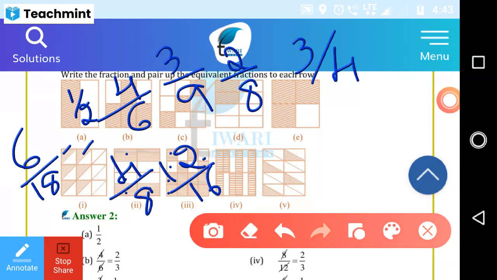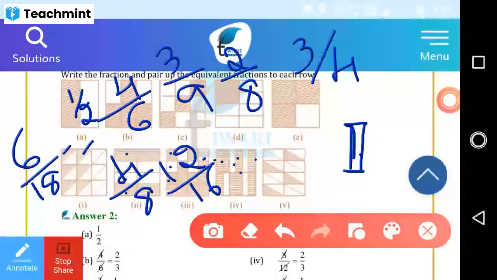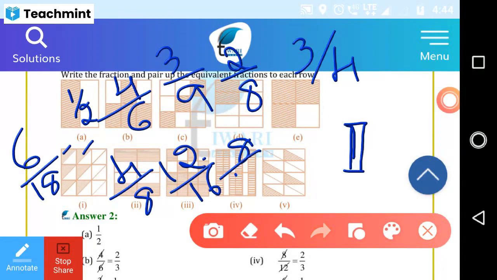Yes, ma'am. The colored parts inside there, the white one, ma'am. Should we count those, or this colored one also? This one you can consider as one part. So, total number of parts and the shaded parts. Okay, ma'am. This is one part, this is one part. Ma'am, 8 by 12. 8 by 12. Very good.